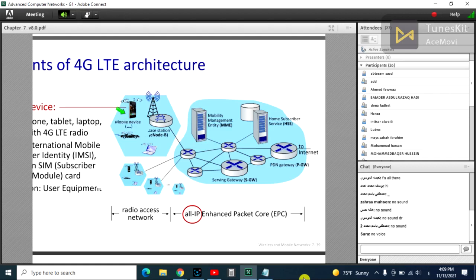We call the mobile device UE in LTE. These terms are specific to LTE technology, so please be careful about this. In LTE, we call mobile devices UE. The base station is E-node-B. And you can see that